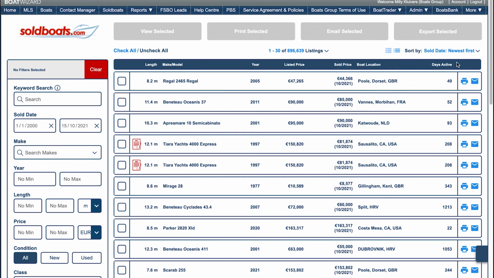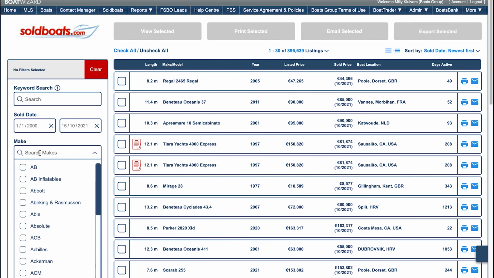So now, how to use it. When you access the Sold Boats page, a series of filters will appear on the left-hand side. The result of your search will be based on the elements you have targeted. No fields are mandatory, so you can simply type in the model of a boat and click on Search to get a general idea of sales around the world over an indefinite period of time. Our advice is to redo a more specific search by determining at least these elements: the brand or make,